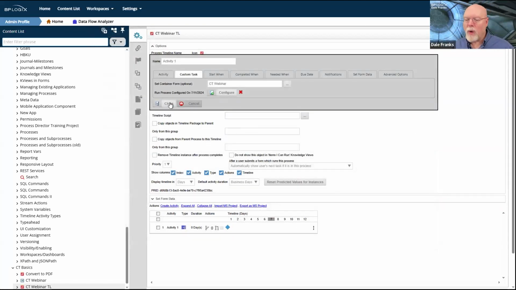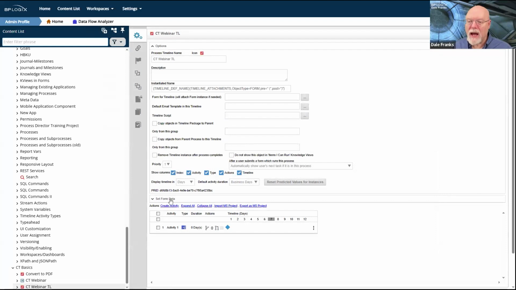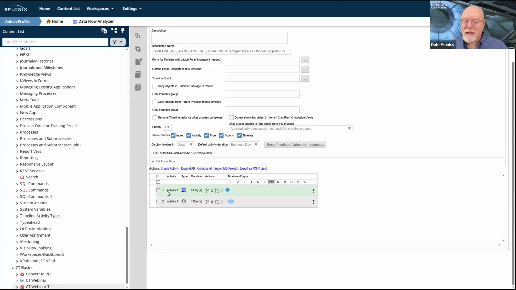And what's going to happen now is that when my webinar, and let me add my other activity, my activity 2, and I'll make it dependent on activity 1. So activity 1 is going to fire, then activity 2 is going to fire. As we've seen in previous webinars, when we talk about processes and sub-processes, I'm running sub-processes asynchronously. Now I'm going to be able to submit my form. It's going to do all of the conversion stuff, but that's all going to happen asynchronously. It's going to kick off this launch process custom task, and it's going to run me directly into activity 2 because I'm the next assignee.